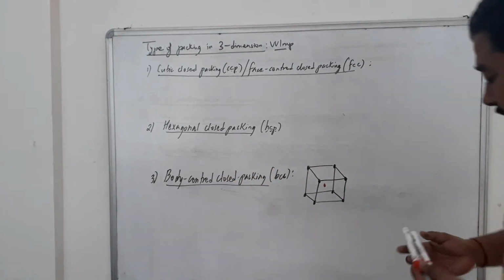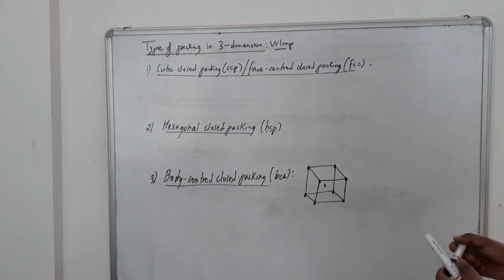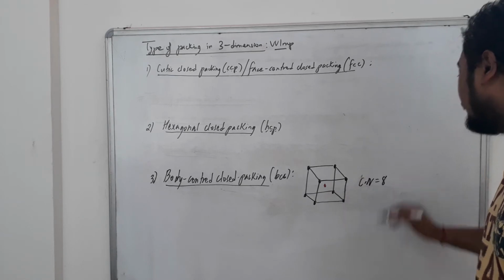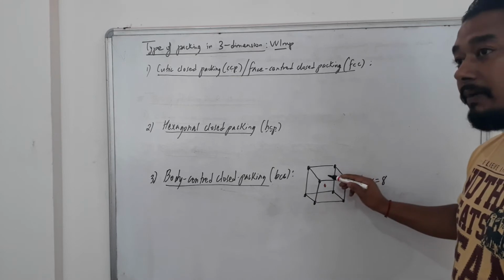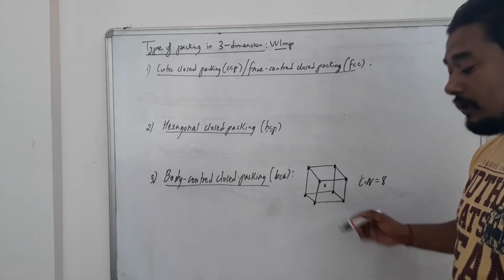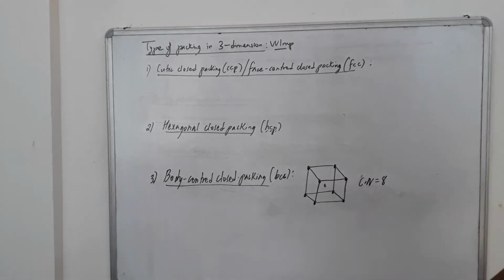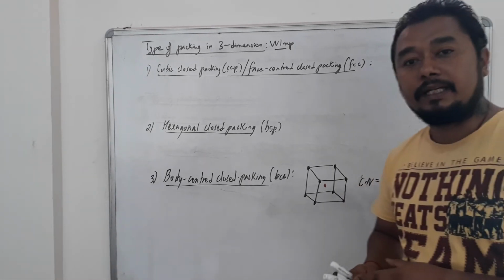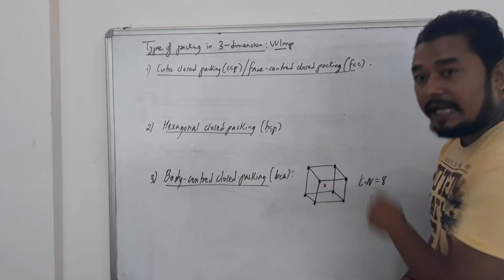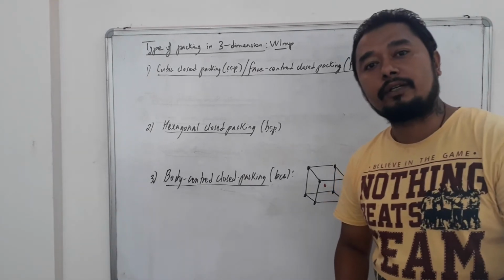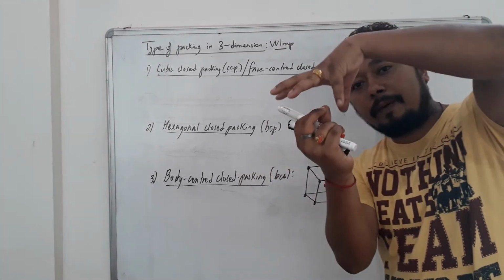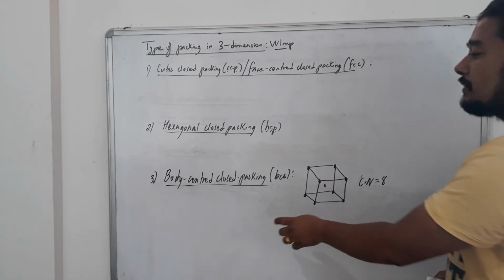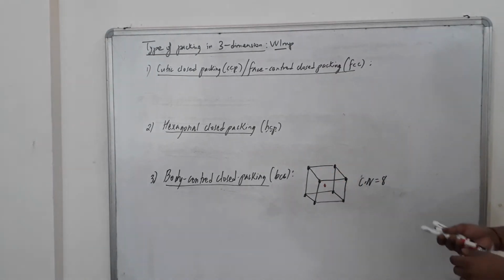As a result, we can say that for bcc, coordination number is 8. Why 8? Because up it is surrounded by 4, down surrounded by 4, total 8. In this picture, I have not shown you the direct contact. If I have to show you, the picture becomes very complicated. Do remember, here they are not in direct contact, but you have to assume they are in direct contact. So the red particle is surrounded by 4 particles from up, 4 particles from down, 4 plus 4, total 8. So do remember, for bcc coordination number is 8.